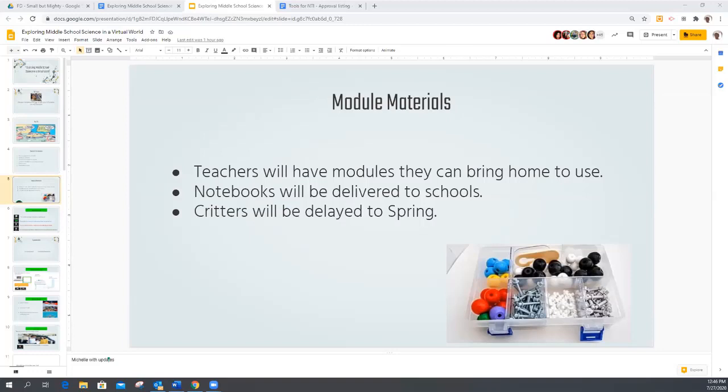Schools will decide how notebooks will go out. So according to the district recommendations, there will be packets that will be going home to students. And so schools will be determining what's in those packets. My suggestion to you would be to include your notebooks in there, because I'm not sure we really want to go where everything 100% is digital.